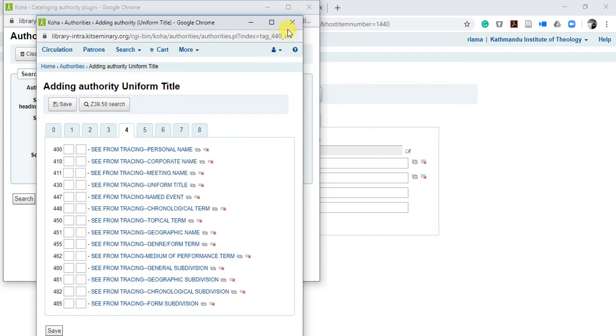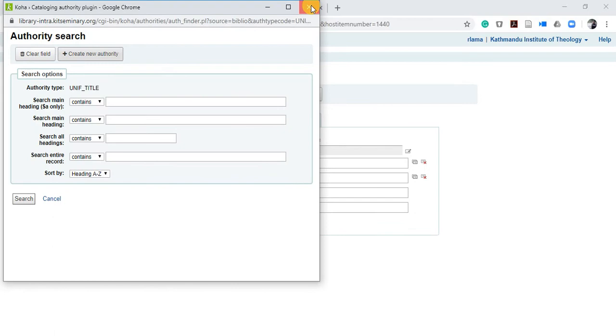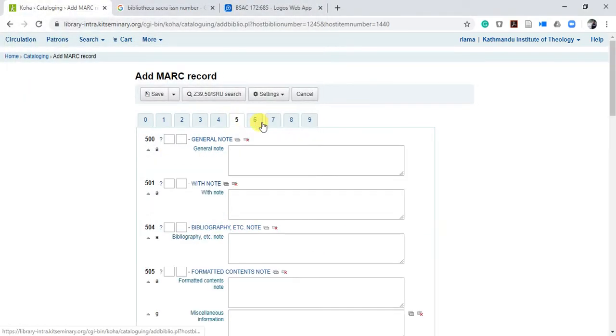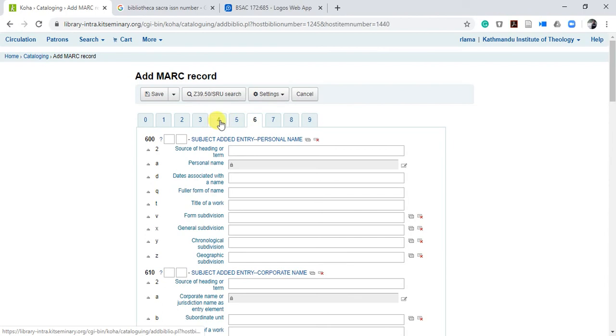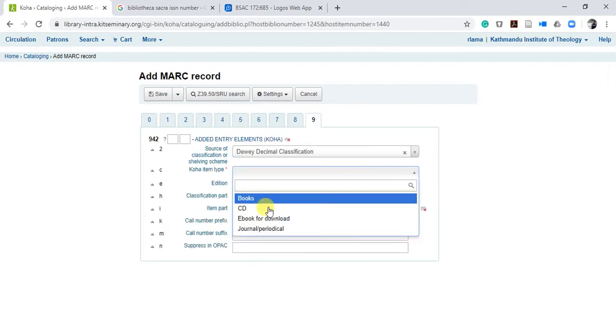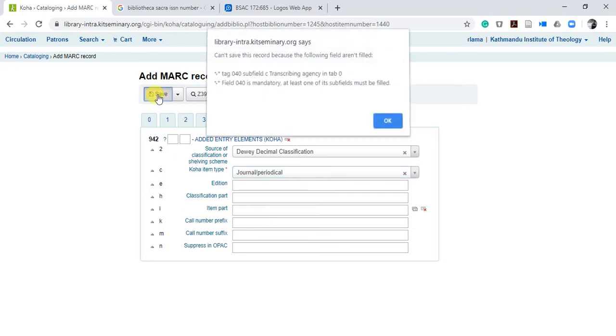Where it is not allowing me. We don't need this one because we are adding in analytics. So 5, you can add some description here, but I don't care about that one. Just click here and say journal, then save it.